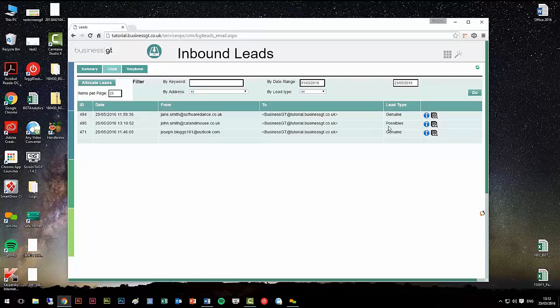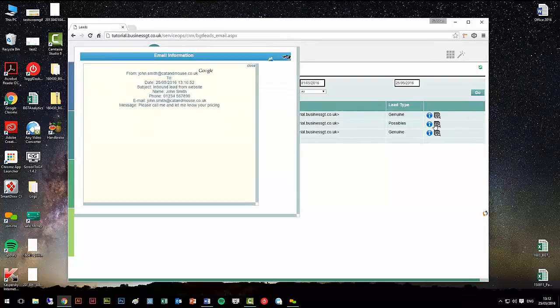And here we can see the lead type. Now, this lead here has gone in as possible because at the moment we don't know whether it's a genuine lead, whether it's maybe a supplier trying to get in touch, or whether it's just spam. So that's the first thing we need to do. We need to take a look at that email and see what the content is and what we now need to do with it. So I'm going to click on this view icon here, view details,